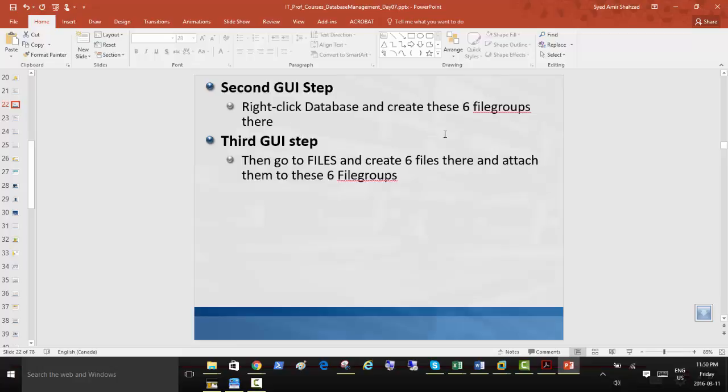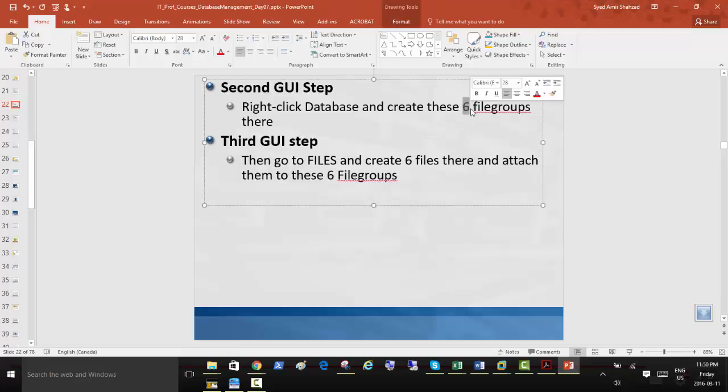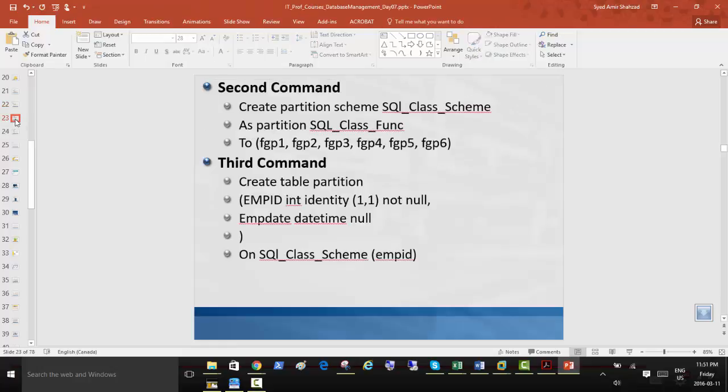Now we need to create 6 file groups, then go to files and create 6 files as well and attach them to these 6 file groups. We can just put these names for each file group.